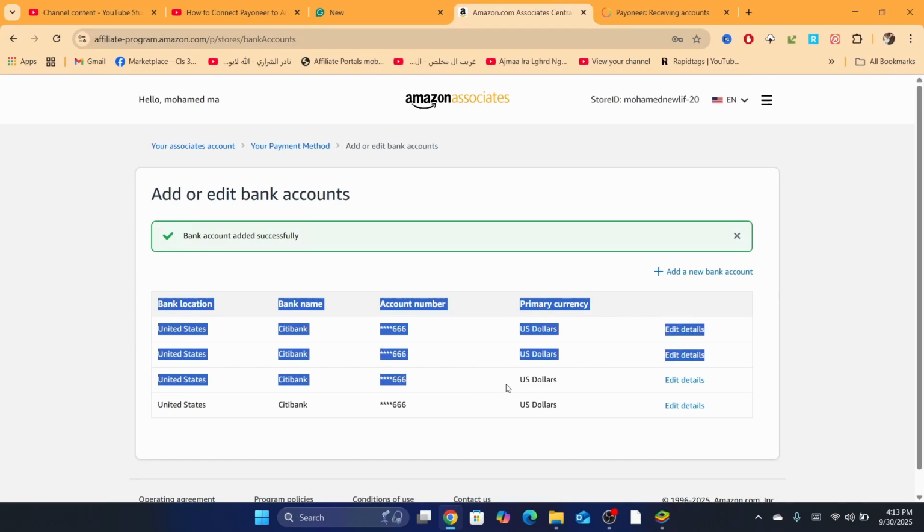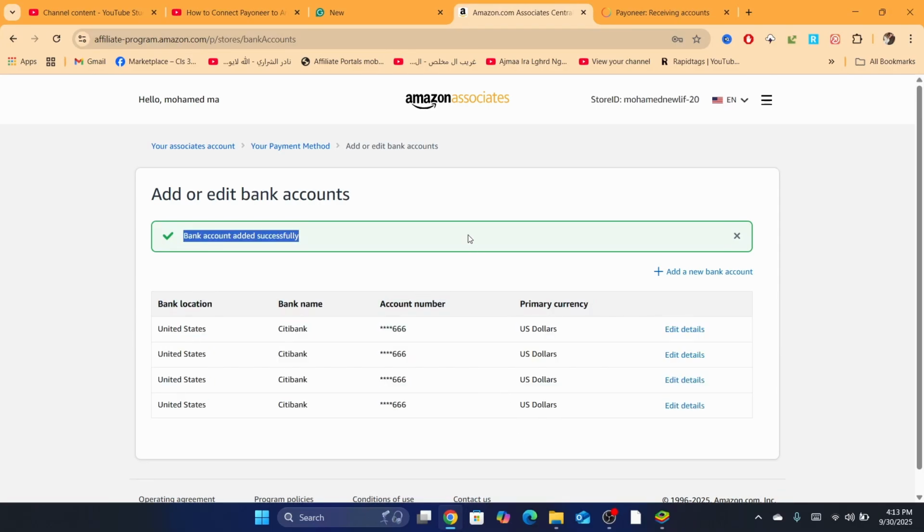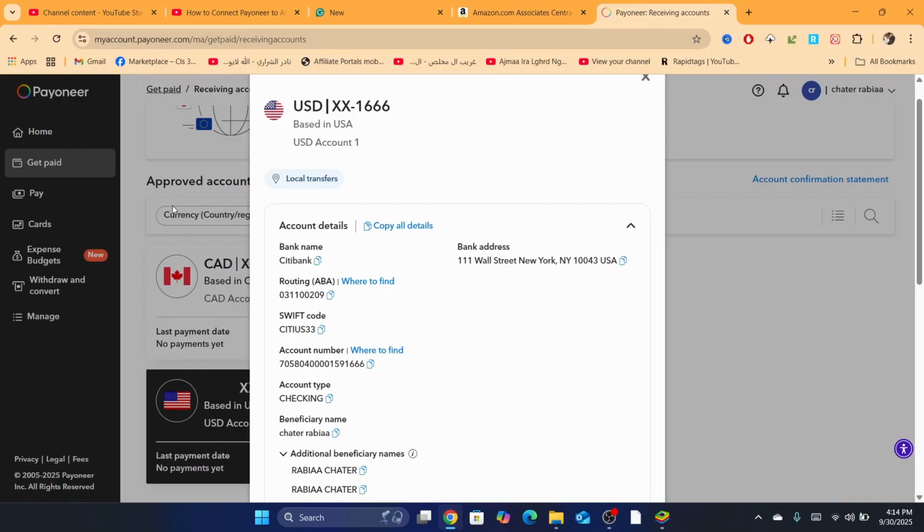Now you have added the bank successfully. Now you just need to keep on getting commissions, start promoting the products, and then every 2 to 3 months they will pay you automatically, so you don't have to do this manually again. You will just get paid automatically, and then you will receive the payment inside your Payoneer